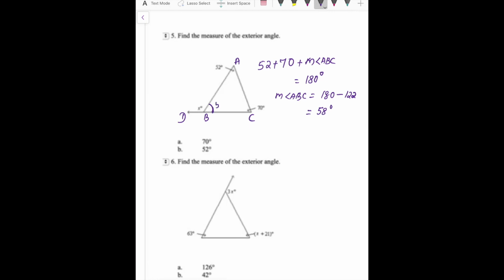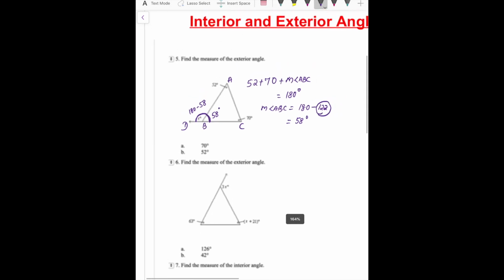So that means if this is 58, you can see they both make 180 degrees. So this is going to be 180 minus 58, which is going to be 128. 122, I'm sorry, 122 because this angle. So that is what the